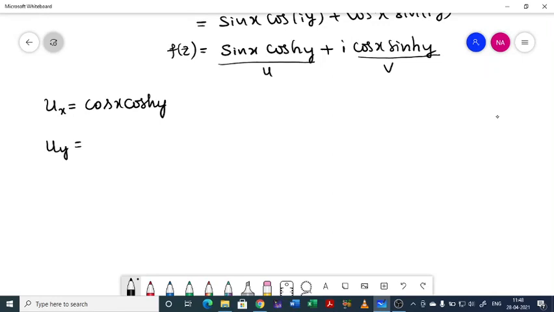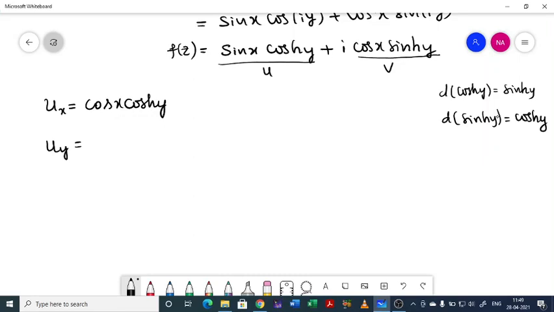See, derivative of cos hy is sin hy, and derivative of sin hy equal to cos hy. There is no change in sign. Don't confuse with the regular trigonometric function. In trigonometric functions the sign changes. If you differentiate cos, a minus sign comes. But for hyperbolic functions, derivative of cos is sin and derivative of sin is cos.